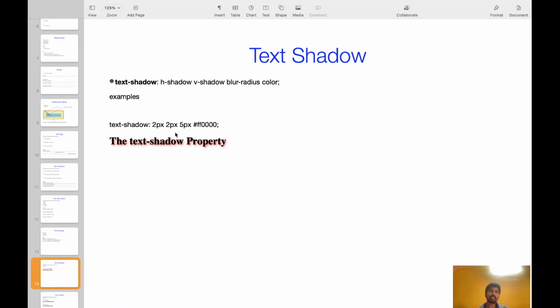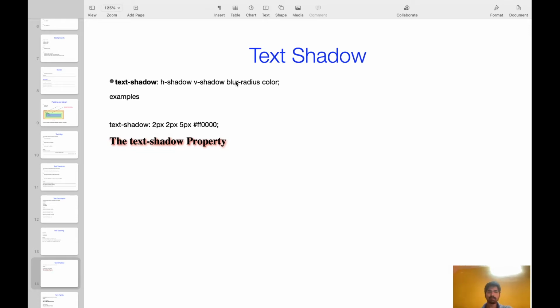Next one, text shadow. Here is the example for shadow. If you want to give some shadow or reflection to your text, you can use it like this. This is the syntax of shadow. Text-shadow: 2px means the horizontal shadow. The second one is the vertical shadow. This 5px is the blurriness.